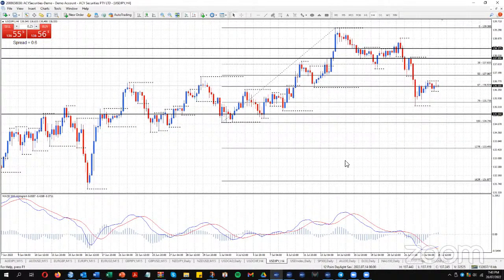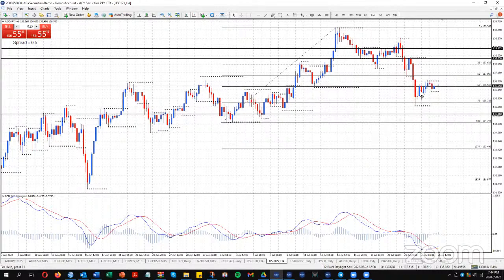So some of the levels that we're discussing and watching would be great in a perfect world, but it all depends what the news does. Does the news actually offer us the opportunity to get in? Some of these levels, I'm not going to trade at until after the news, because I don't want to be in and then the news goes totally the wrong way and hurts me. I'd rather miss than have to lose some money and make it back. Sometimes the news will come out and then price will go to a perfect level for me so that I can trade around. Sometimes it doesn't, and that's just trading.